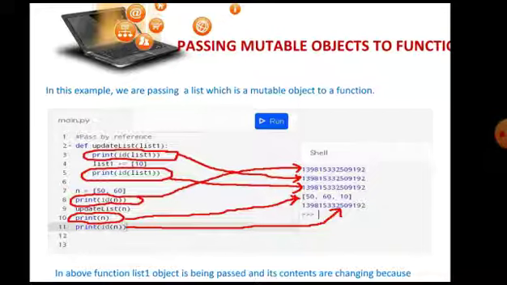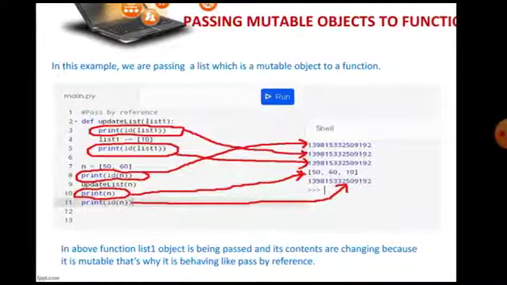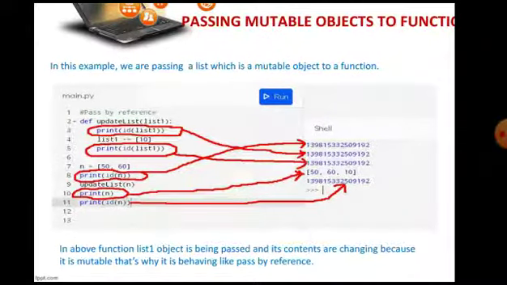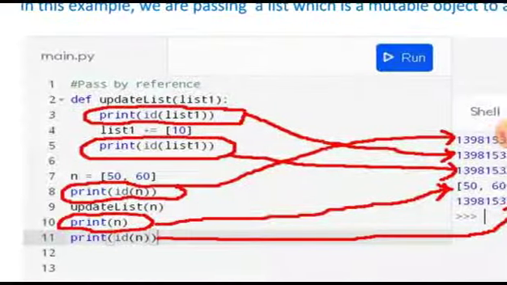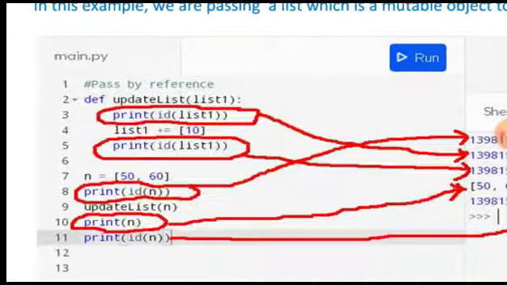Because lists are mutable sequences, when we pass a list to a function, that function will have the freedom of modifying the original list which has been passed to it as an argument. First of all, let's see the main example. What is there in the main function starting from line number 7?